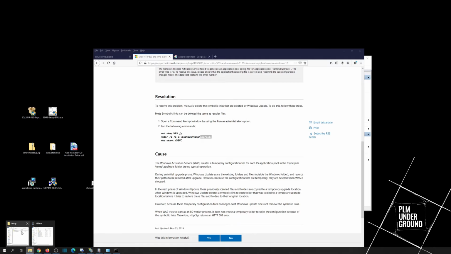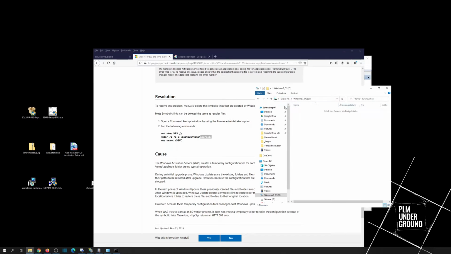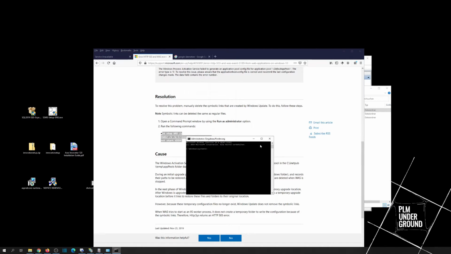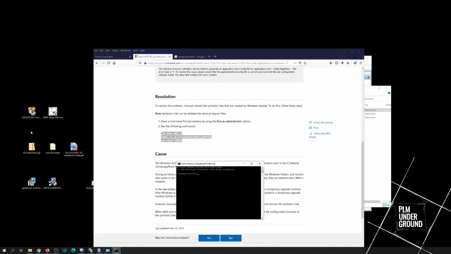Let's take a look. Here we have the C drive, inetpub temp folder. So this bug fix recommends us to delete this folder, and I will use the command line commands as recommended in this tip. So let's type this one.